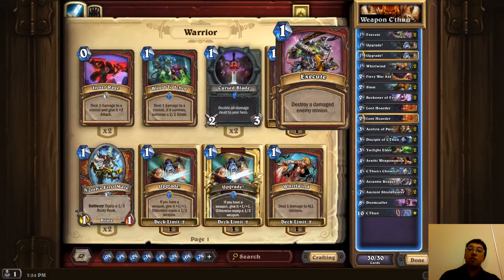So the first card that we have in this deck is Execute, which destroys a damaged enemy minion for 1 mana. So this is just your staple basic card for Warrior. Really useful to get rid of big or threatening minions that our opponent plays. We can use our weapons to take out any big minions that our opponent potentially plays,